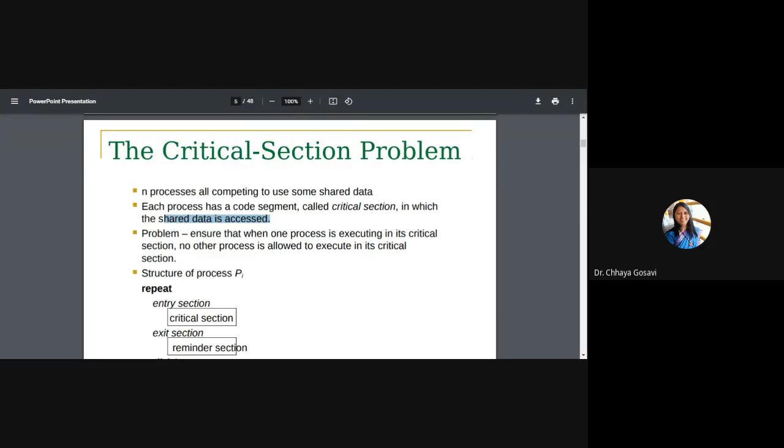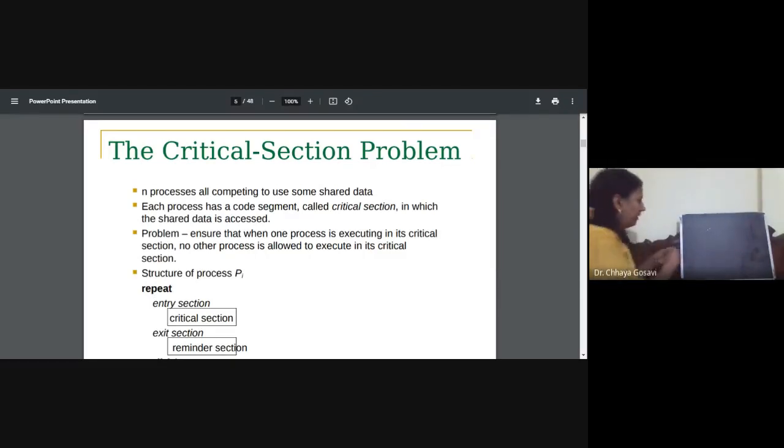So what is the problem? We have to ensure that only one process is executing in a critical section. No other process is allowed to execute in a critical section. Just understand what critical section means. We have shared data or shared code. You can assume it's like a box, the critical section.